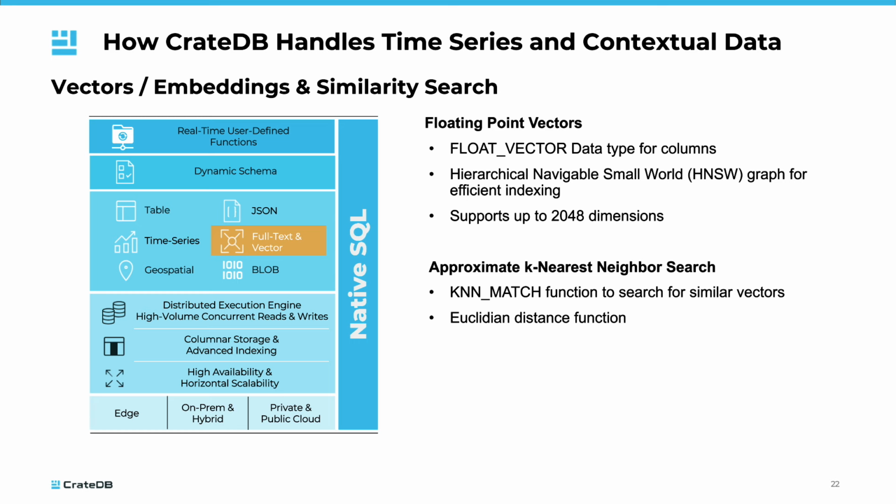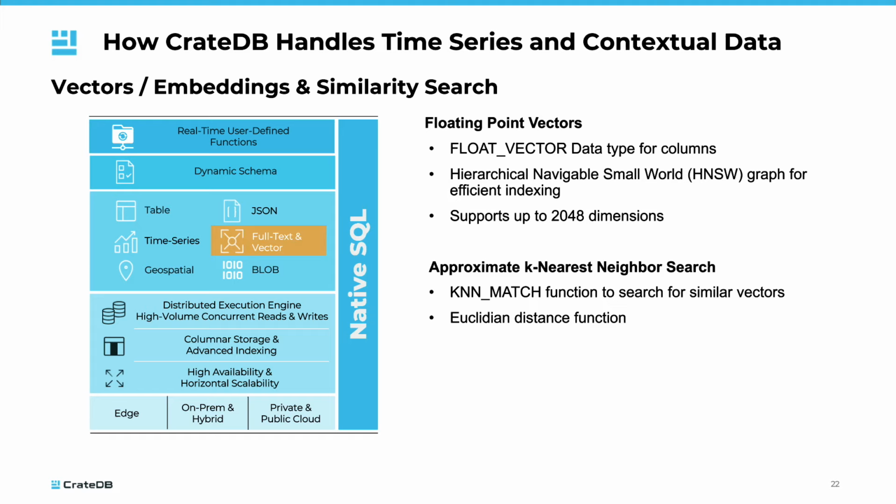CrateDB supports the float vector data type for columns, which is ideal for storing floating point vectors. This data type can handle up to 2048 dimensions, accommodating a wide array of data complexities. To efficiently index these vectors, CrateDB utilizes a hierarchical navigable small world graph, an efficient index for searching similar vectors